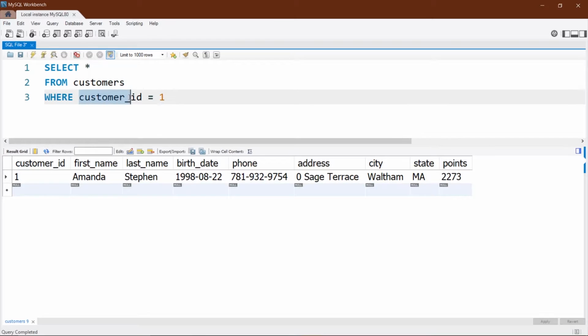Watch closely: this customer ID is the column name, this equal sign is the comparison operator in this case, and this 1 is the value of the customer ID that we need in order to filter out the whole data of that particular customer.